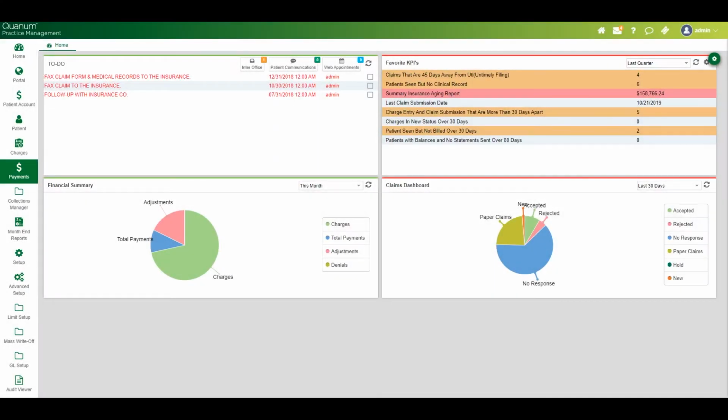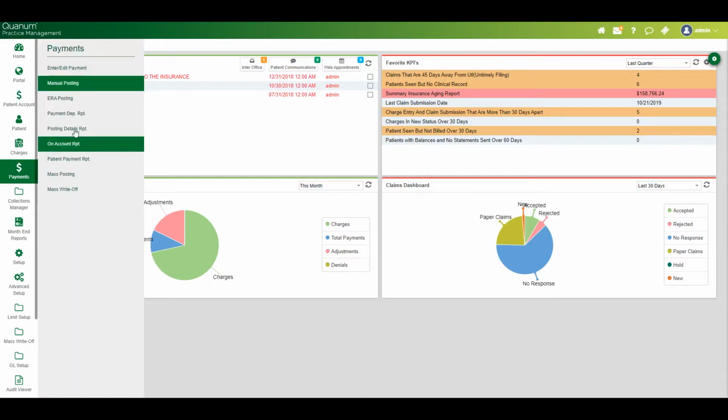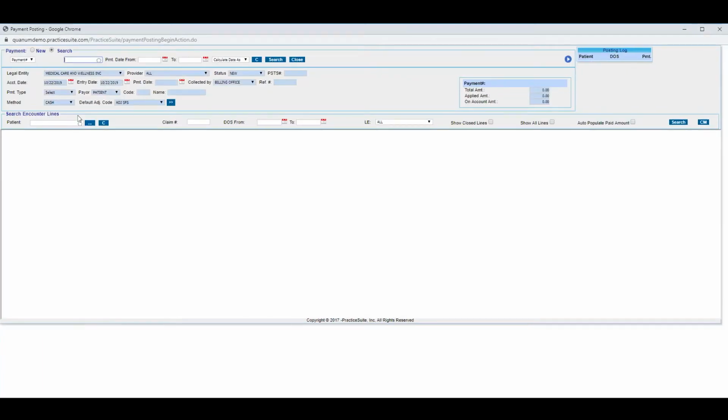Now that we have looked at how to post payments, let's look at how we can post denials. So let's navigate to the payments menu and open the manual posting. You could have a payment which has a mix of denials and payments that you need to apply,